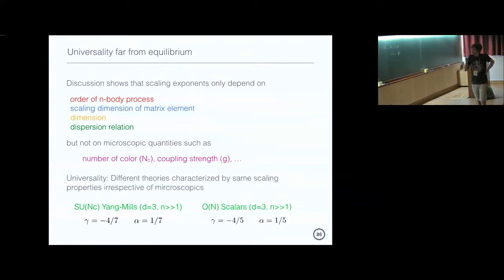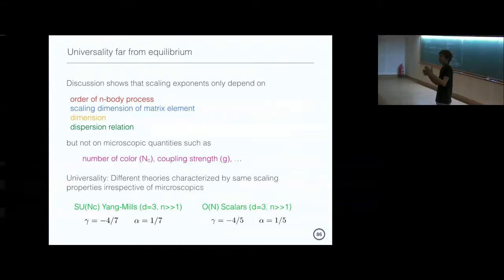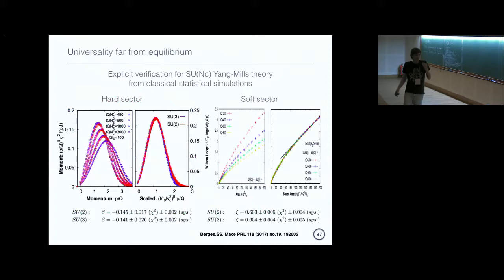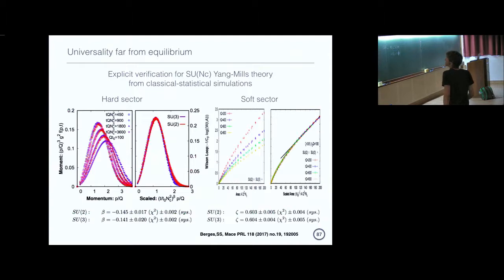And so this is really very nice. Now, doing this essentially perturbative analysis comes with this insight that these things should be independent. But then to use the full interplay of these methods, you can go back and look at simulations again. We actually did some simulations to explicitly verify this. So here, what I'm showing is an example comparing SU(2) and SU(3) Yang-Mills theory. Again, this is looking at moments of the phase space distribution, looking at the hard sector over here.